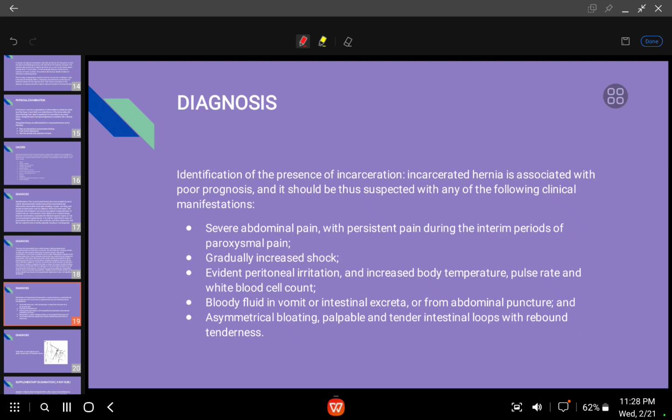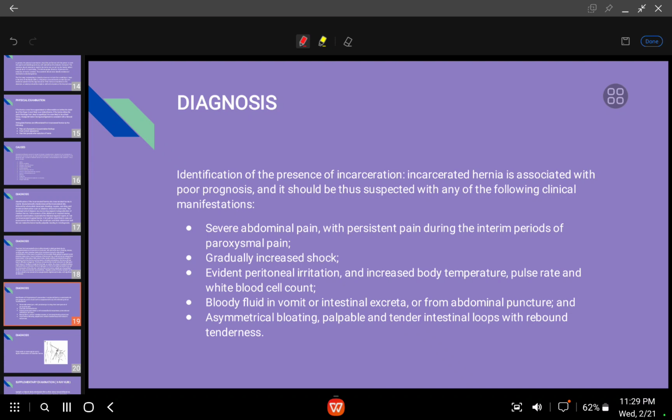So, identification of the presence of incarcerated hernia is associated with a poor prognosis, and it should thus be suspected with any of the following clinical manifestations: severe abdominal pain with persistent pain during the intervals of the paroxysmal pain, gradually increasing shock, evident peritoneal irritation, and increased body temperature, pulse rate, and white blood cell count. Bloody fluid in the vomit, intestinal excreta, or from the abdominal puncture, and